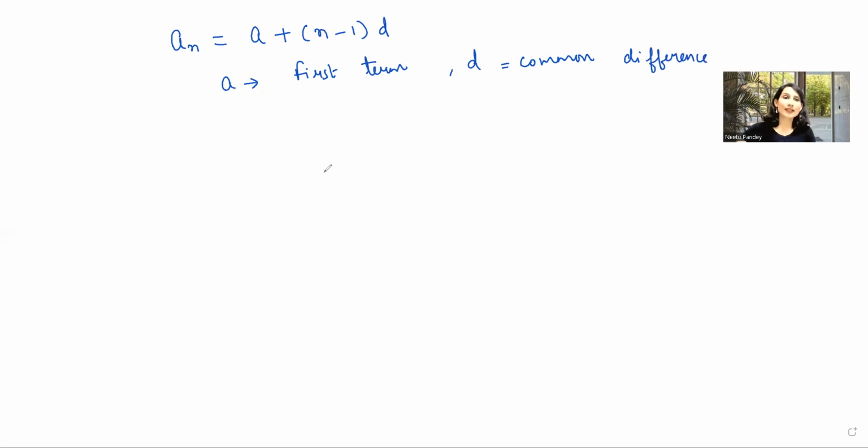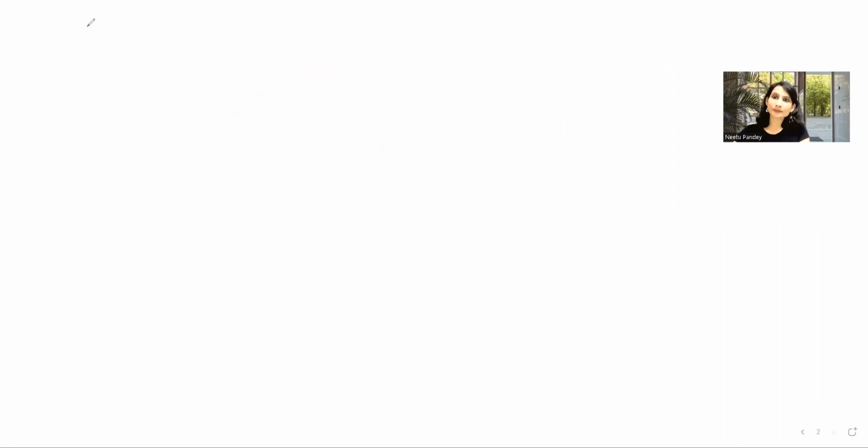जैसे आपको suppose a10th term find करना है तो n की जगह फिर आप 10 लिखेंगे and it will be like a10 is equal to a plus (10 minus 1) into d. So it means that will be a plus 9d. Okay, very simple. This is how we have to apply the formula. So let us start with question number 1.